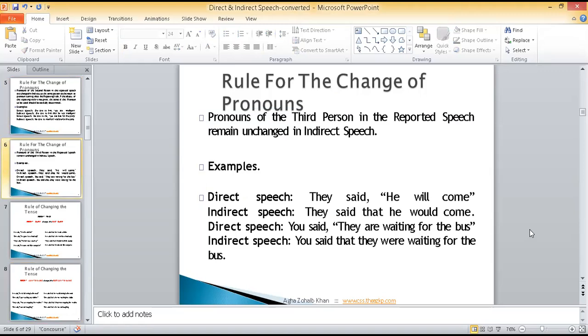Okay. Pronouns of the third person, it is again the same thing, repetition of the same thing. Now that basically talks about the third person. And third person, they say that pronouns of the third person in the reported speech remain unchanged in indirect speech. They say that it doesn't change, but it again depends that if there are two people who are busy in conversation, so it might change. And if it is, for example, they said to me, if it would come this thing, they said to me, sorry,